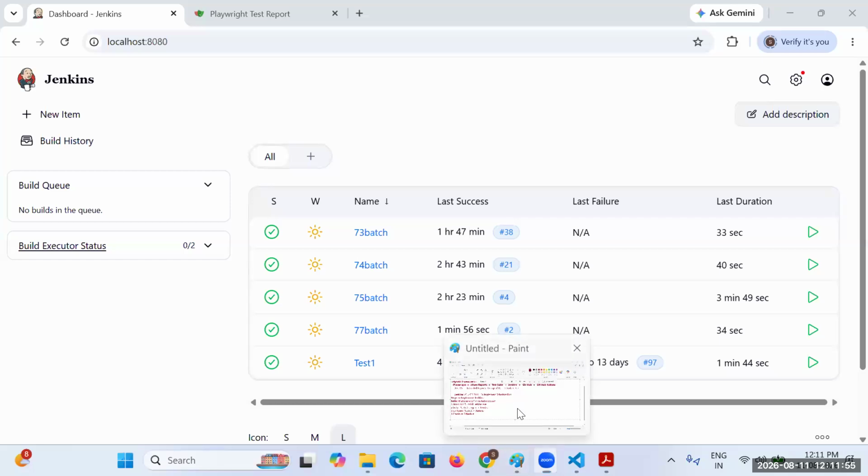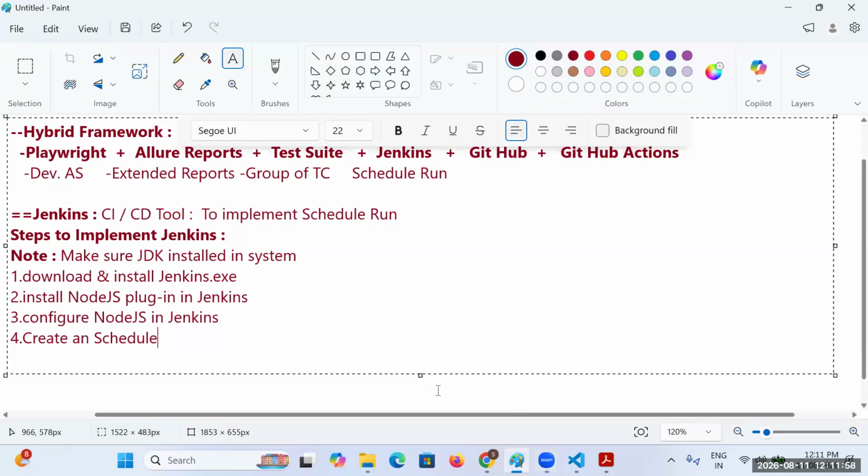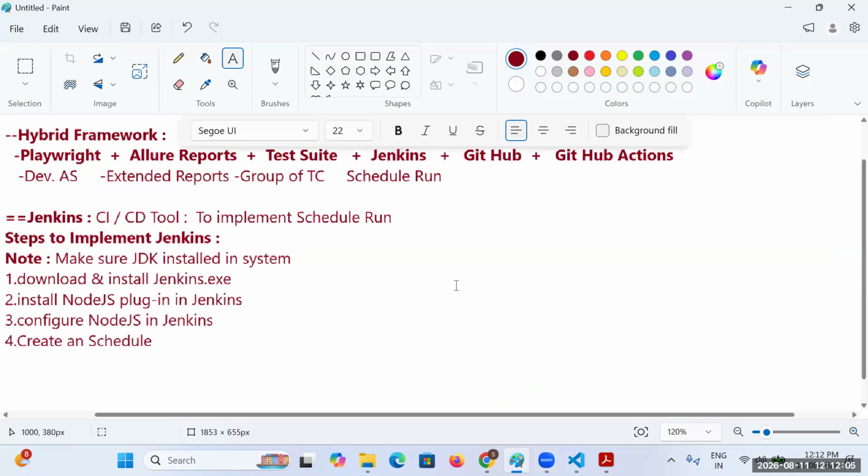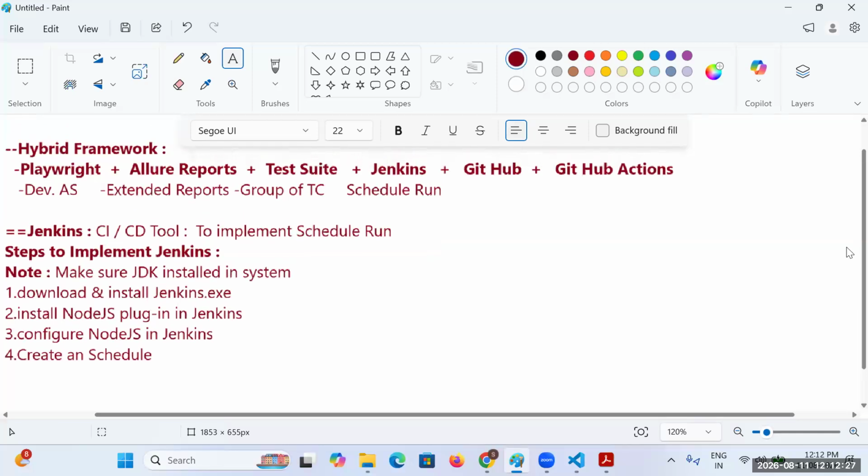While working in real time, this schedule is mandatory, meaning it depends on the project. As part of learning, we are understanding all the possibilities here. But whenever you are working in real time, it totally depends on the project requirement and the client requirement.